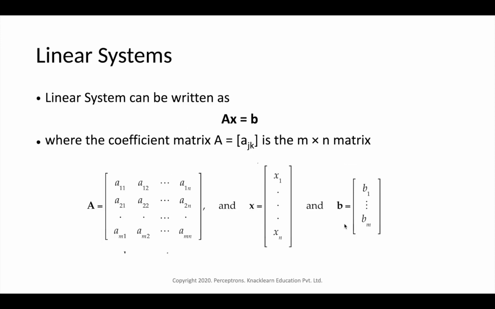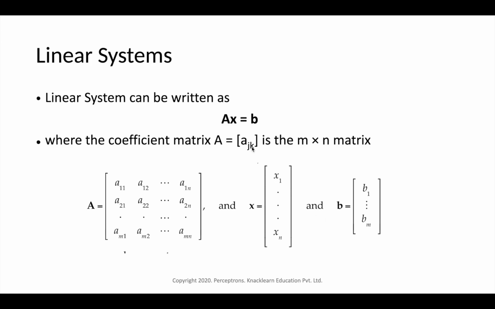So what is a linear system? A linear system is a mathematical model of a system based on the use of linear operators or linear equations. A system which is in the form of linear equations can be termed a linear system. A linear equation is nothing but an equation that gives us a straight line. Suppose you have an equation between two variables that gives us a straight line when plotted on a graph, we can call it a linear equation.